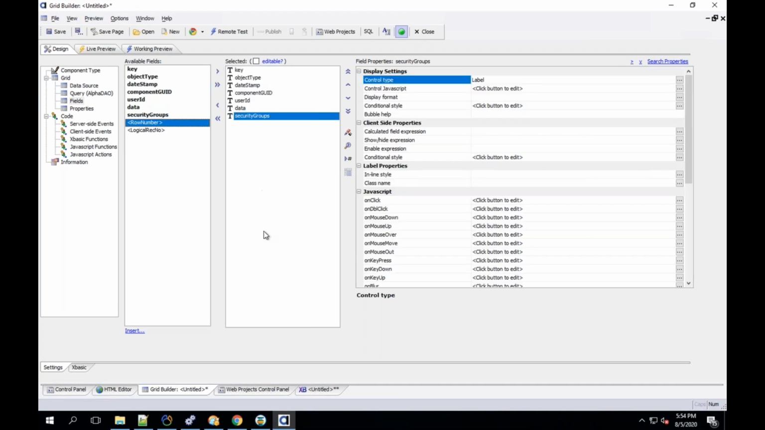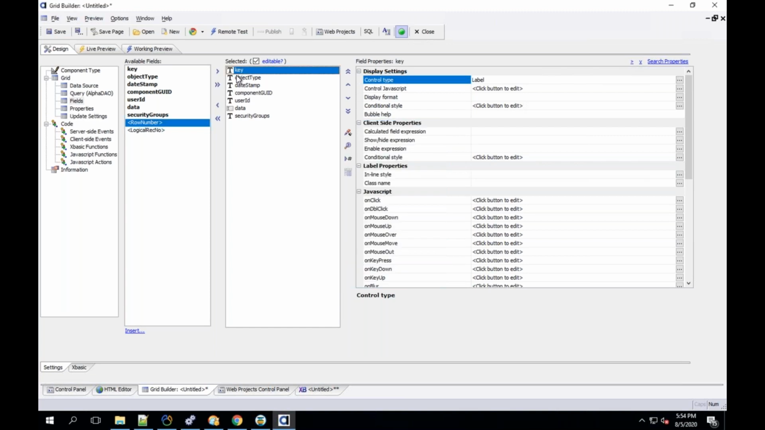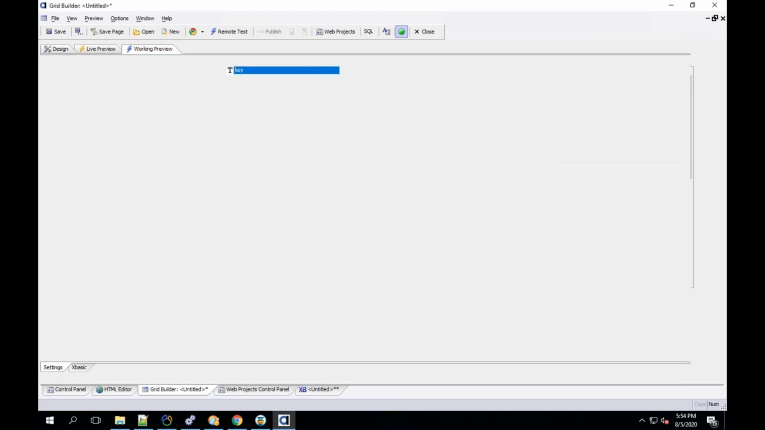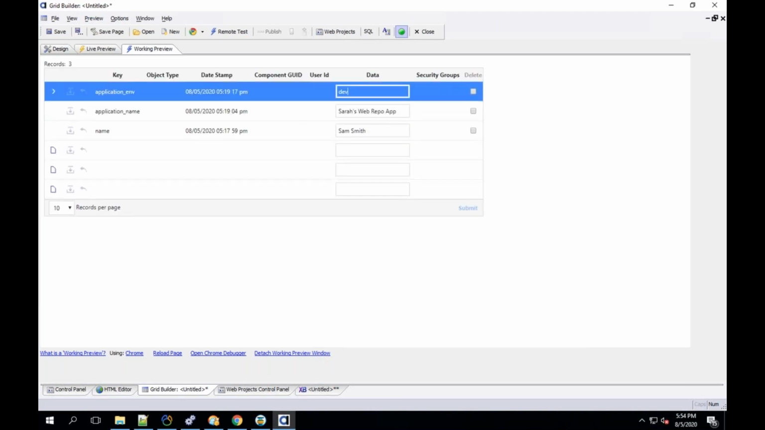And now you wouldn't add all of them because you don't want to modify the key. So let's make this editable. But what I'm going to do is I'm going to say select none, but I'm going to make data editable. So you'll notice everything is a label except for the data, because that's all I want them to change. I don't want them changing my keys. It will break things. So now I have this grid in here that you could present to an administrator,